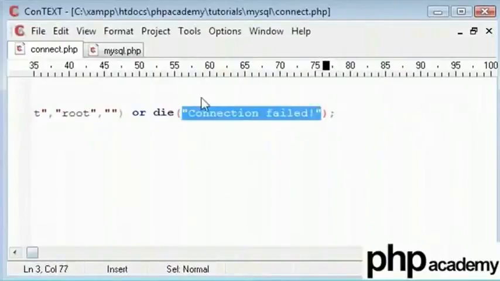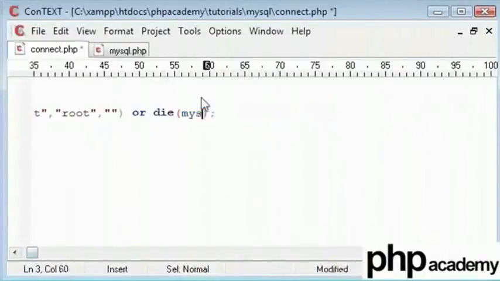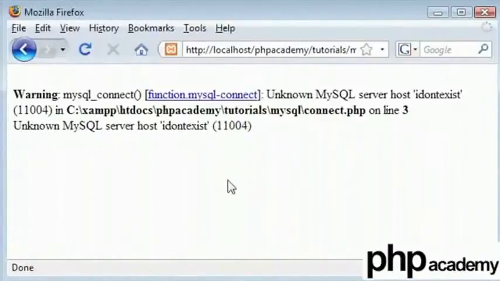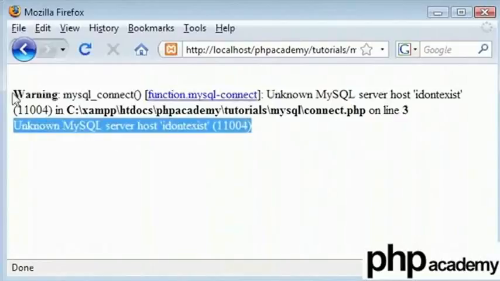In fact, what I can do first is show you another useful thing with or die. You can also specify another function here. This is the second function that you should learn. It's mysql_error. Just put brackets like that, and when we refresh our page keeping the I don't exist, it's taking its time. Okay, there we are. What we basically have done is echo out the same error message that PHP has given us anyway. However, if your error reporting is turned off for your user, this will give you what you want.